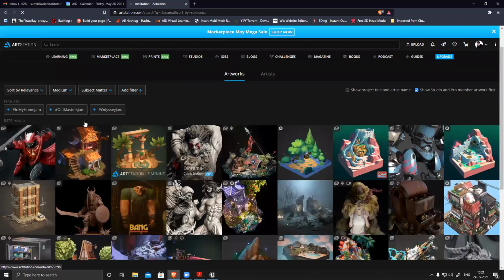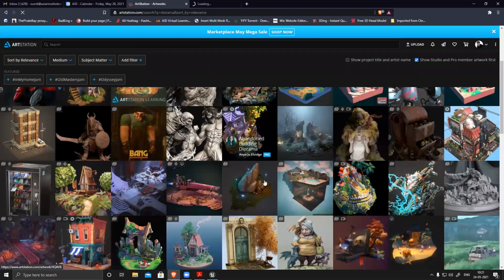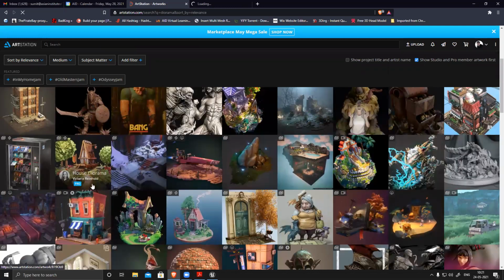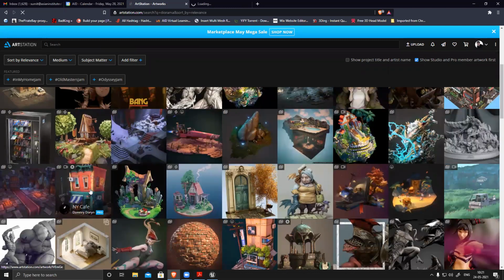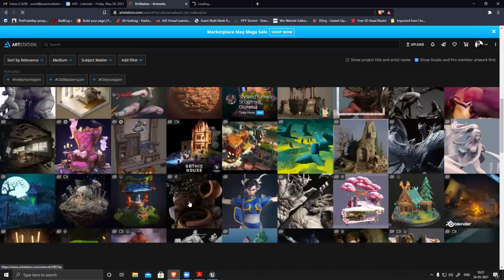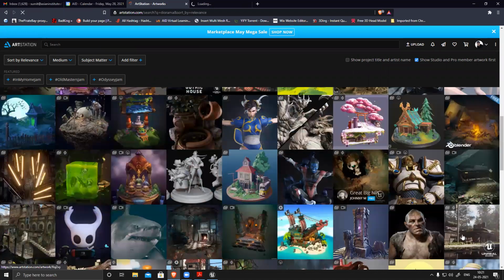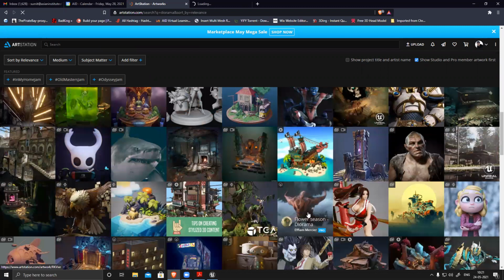Search for diorama, and you'll find this kind of asset. These are very simple. This one also is nice. You can see all those things are there. This is also there. This one also there. You can choose any one of them, and you can search and choose your own set, and then we'll create it.